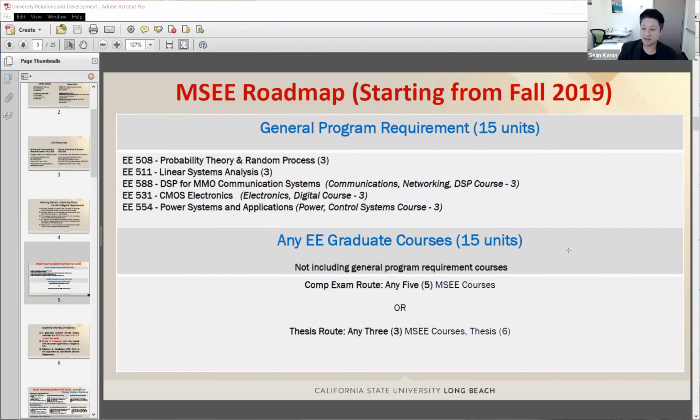But the comprehensive exam is based on the content from those 5 classes. So I highly encourage you to finish these 5 classes before the semester when you take the comprehensive exam.